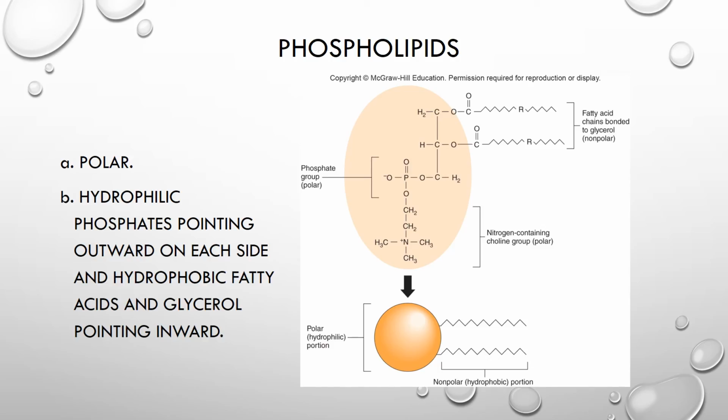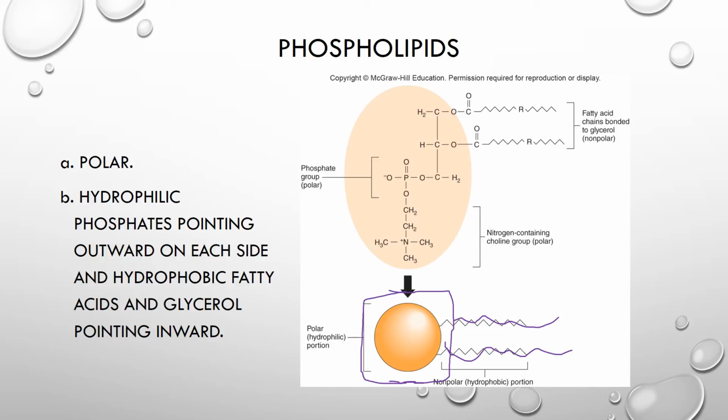Phospholipids are very important for the cellular membrane and also for cellular communication. Phospholipids are lipids that have a phosphate group and are a major component of the double layer within our cell membrane. These molecules are polar, and they have a hydrophilic phosphate that's going to point outwards on each side. Here in this picture, here is our hydrophilic, water-loving side, and then it will have a hydrophobic fatty acid and glycerol chain that's going to point